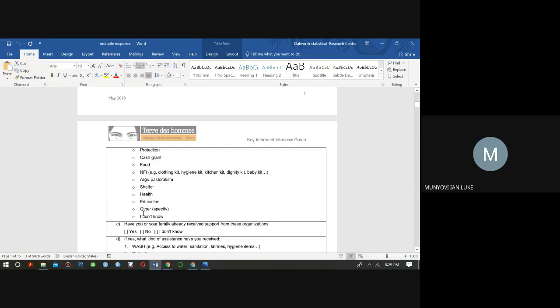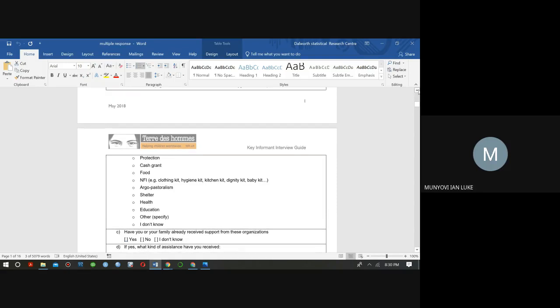To reiterate what Moses has just said, for somebody who said I don't know, it means this person knows that there are NGOs in their area, but what he doesn't know is the specific sector that this NGO focuses on. Okay? For the person who says other specify, it means among the sectors that these NGOs focus on, there is no sector listed here that the person knows. So again, they will proceed and come up with the option of specifying. They need to write for us what those sectors are.